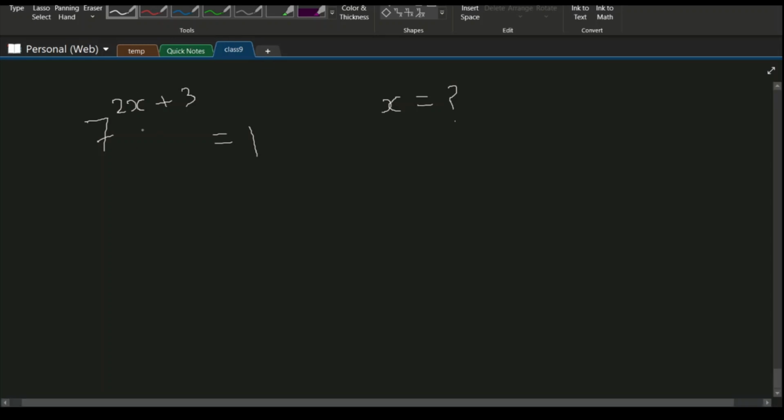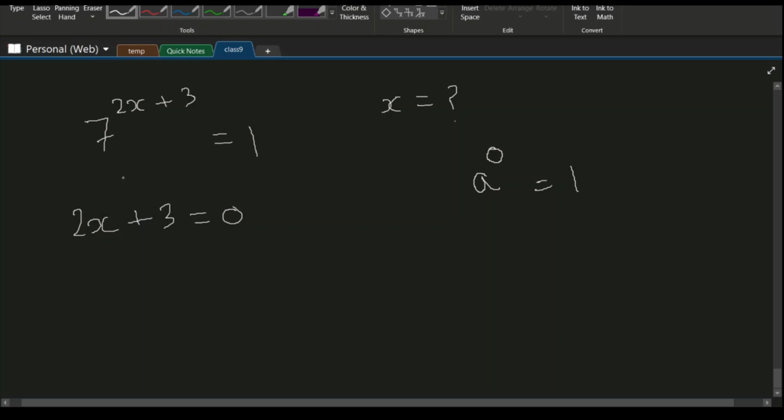For this one, what we studied was any non-zero number, if we put the power as 0, then that becomes 1, right? So I have base 7 here, and I want to put a power so that this whole quantity becomes 1. For that to happen, the power 2x plus 3 should be 0,